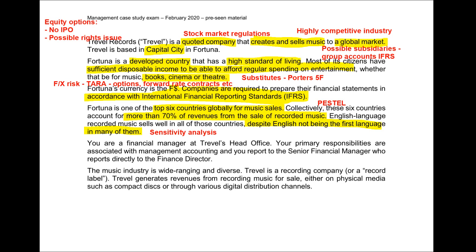You may have a slightly different take, but where I do think it's relevant is that if we were to acquire a rival record label, perhaps situated in a country where English is not the first language, then perhaps we have some cultural issues to overcome in terms of realizing the synergy between the two companies. So typically you're going to acquire a company because you believe that you're going to gain